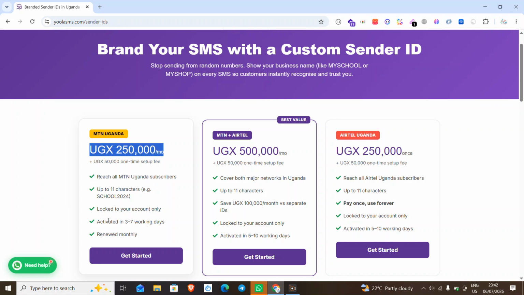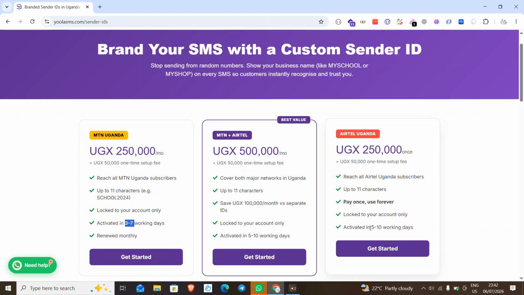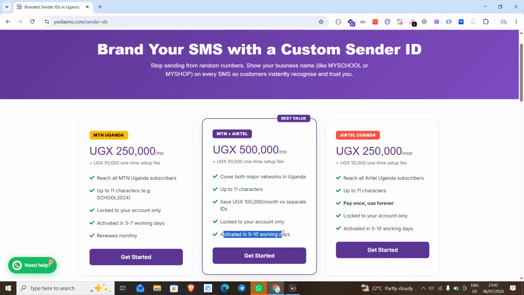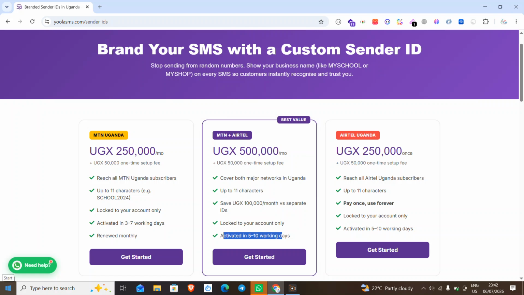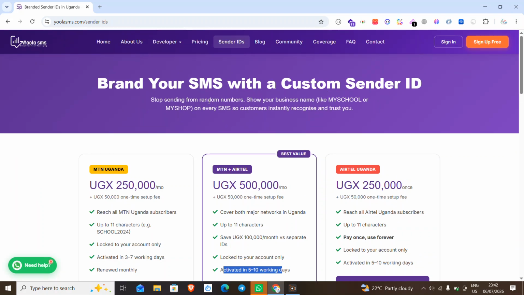And it only takes 3 to 7 days for MTN, and for Airtel 5 to 10 days to have it activated. So in simplicity, we take approximately 5 to 10 days, or a maximum of 10 days, to have your sender ID out. This is, for example, if right now I'm sending a message, or when you create an account in YoolaSMS,